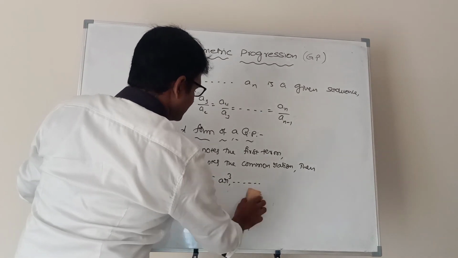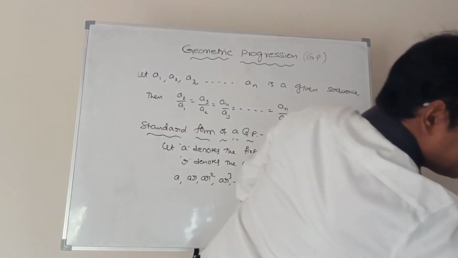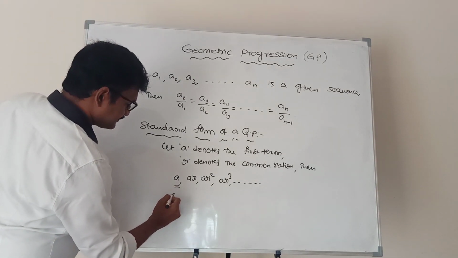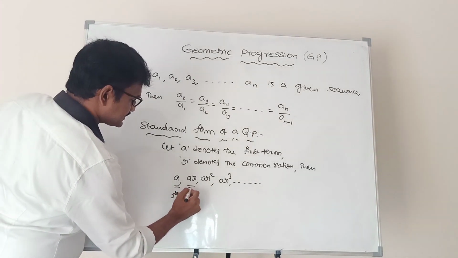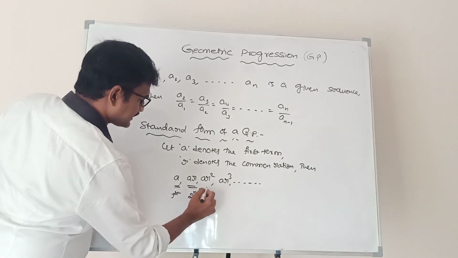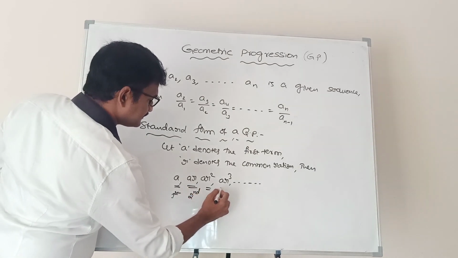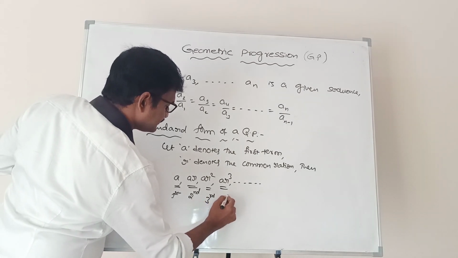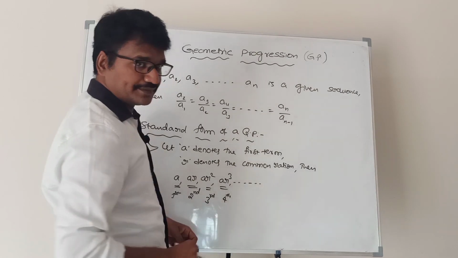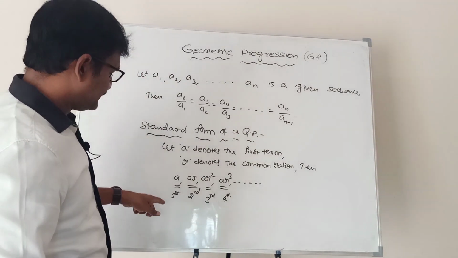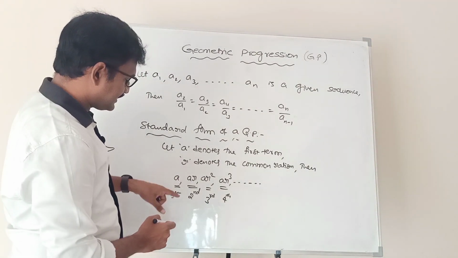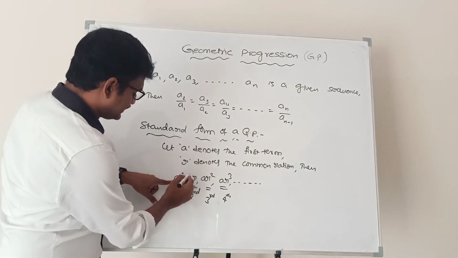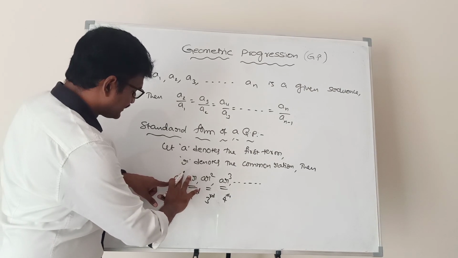Next, what is the nth term in a GP? This is called the first term, second term, third, this is the fourth term. Similarly, what is the nth term? Nth term of a GP. See, first term A, second term AR. Here in the first term, R power is how much? Nothing is there, means we can write it as R power 0.